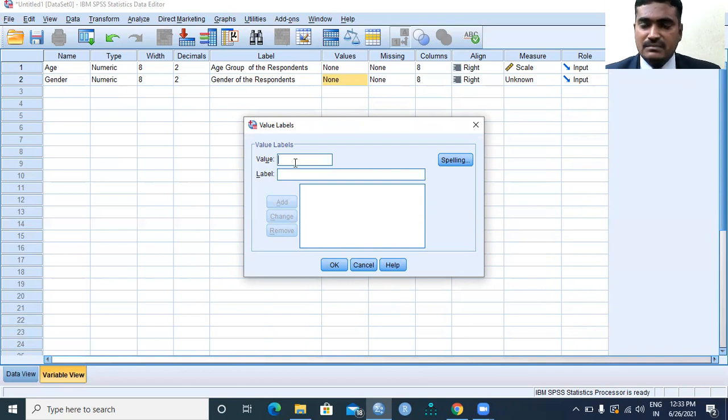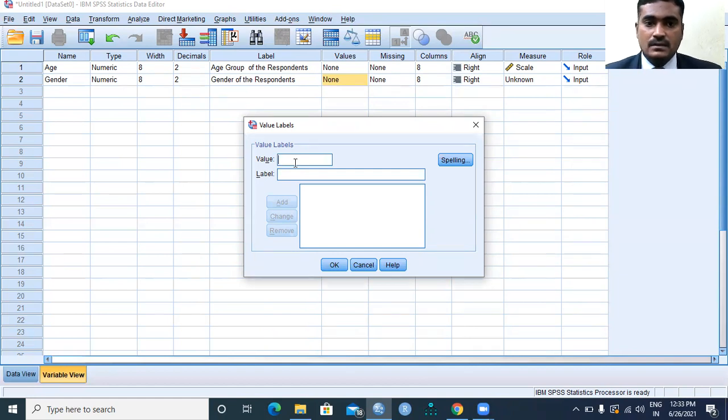But here it doesn't mean that one is male, two is female, so two is greater than one, so female is greater than male. It's not like that. You cannot generalize the things in such a manner. We are using that particular code just for identification purposes. One means male, two means female.